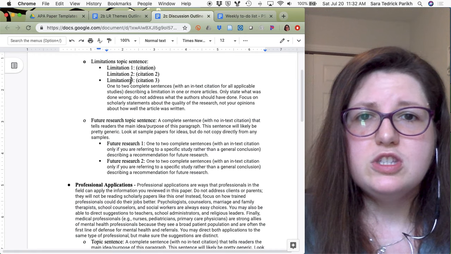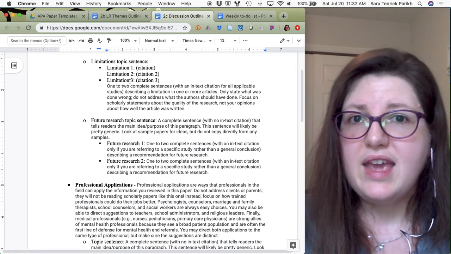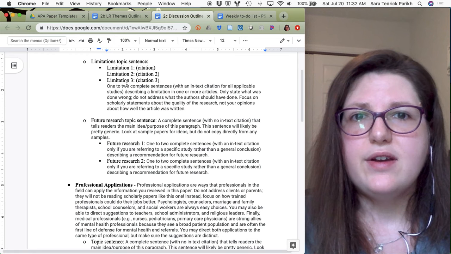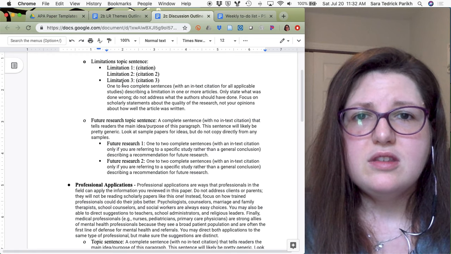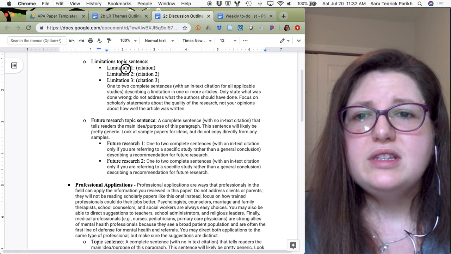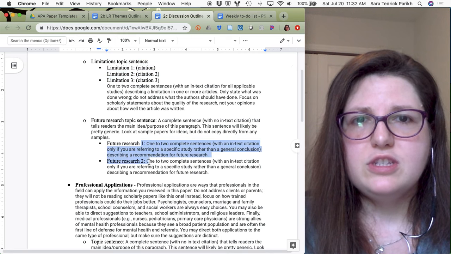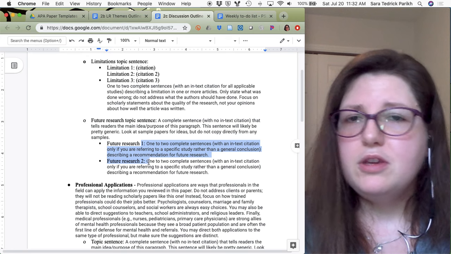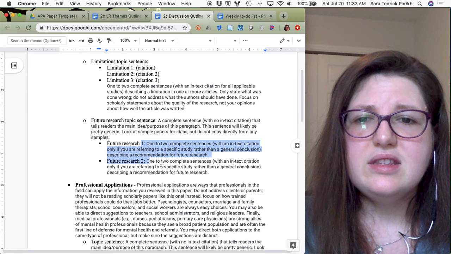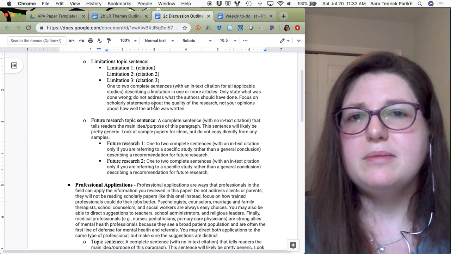And then your future research would be that future work can look at this interesting variable. So I want at least 3 pretty concrete limitations, at least 2 future research. You can always add more, as long as anything that's in future research, I also want to see in limitations.